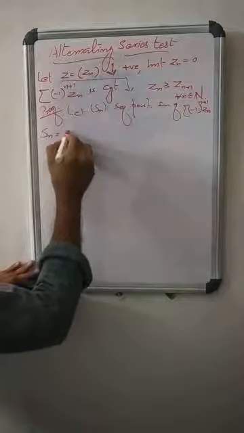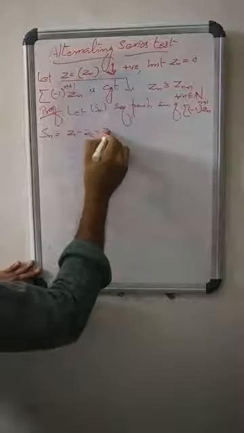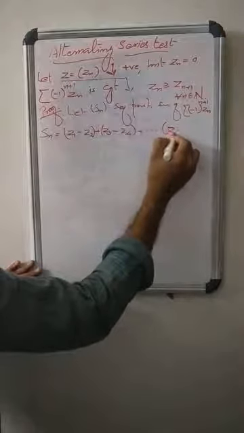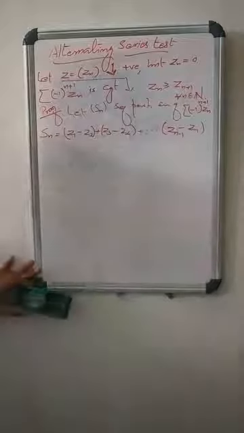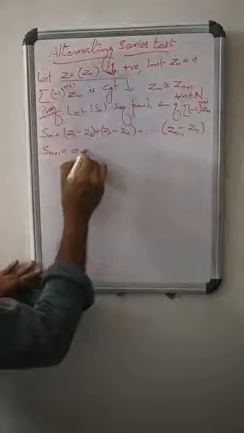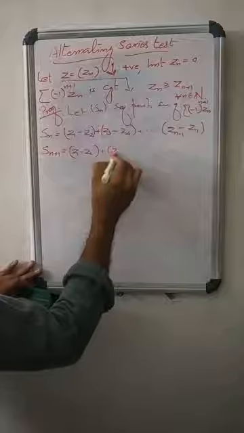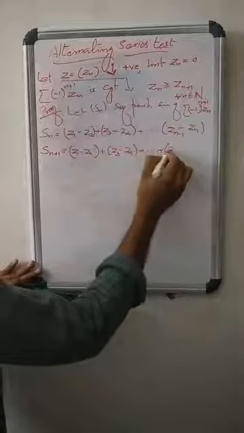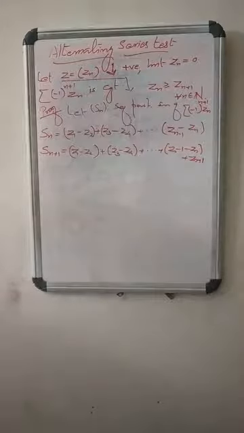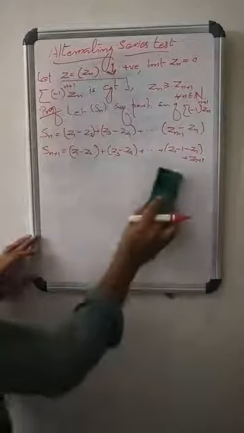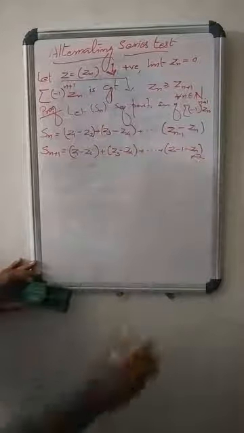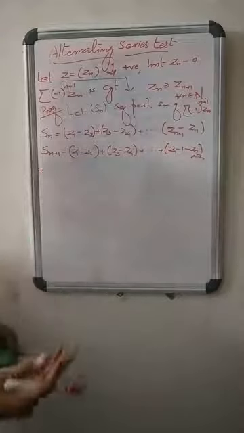Sn = z1 - z2 + z3 - z4 + etc. What is Sn+1? Sn+1 = z1 - z2 + z3 - z4 + etc. plus the next term. So what do you get? Clearly,